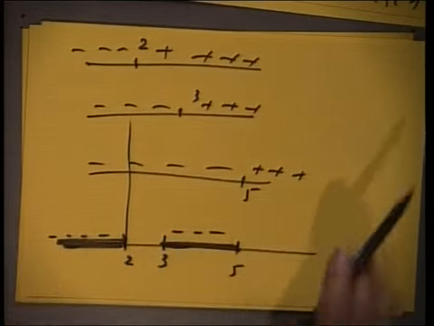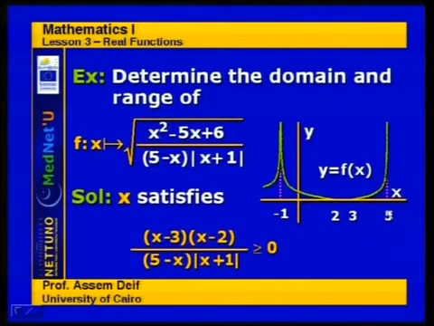And you don't forget to divide by 5 here, and therefore you have to exclude 5. And in fact, you exclude 5 and minus 1 also. Why? Because at minus 1, the function goes to infinity. It has a vertical asymptote. And at the same time here, as x approaches 5 from the left, this goes to infinity. Of course,